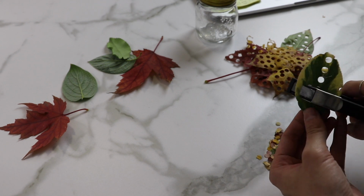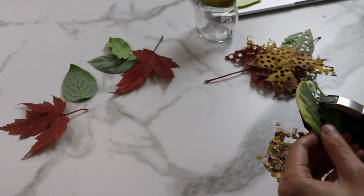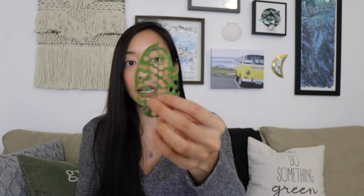Tip number two that I have is when you are hole punching, hole punch working from the center outwards towards the edge. You don't want to start from the edge and work your way in. You can do that, but personally I feel like it is easier to start from the center and work your way out. Reason being, when you are pulling in and out your hole puncher to empty the compartment because it gets full, if you have a bunch of holes like this leaf for example and you're trying to go in,